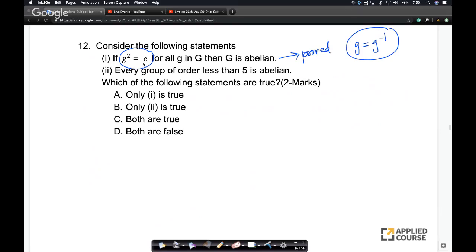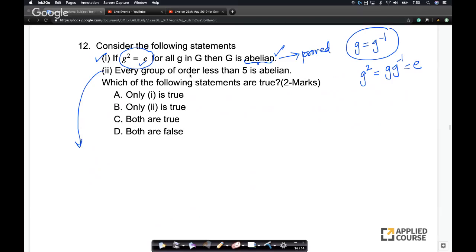I've written this also explicitly: if g equals g inverse, then what is g squared? g squared is nothing but g into g inverse, which is equal to E, right? This is something that I've also proven. It's literally 3-4 lines of proof. I've done this in the course videos when I explained the properties of abelian groups. The second one is an interesting one.